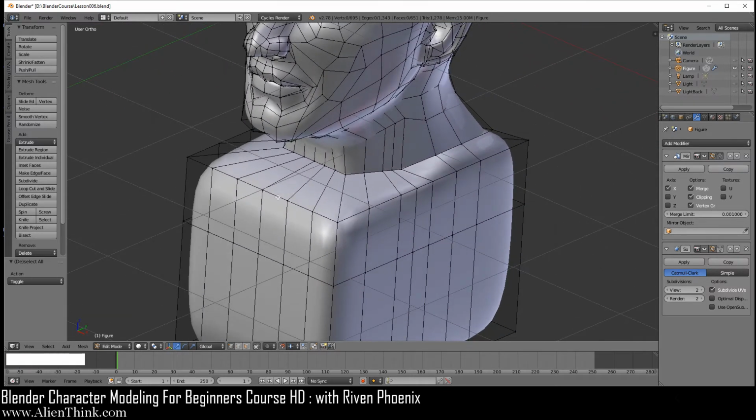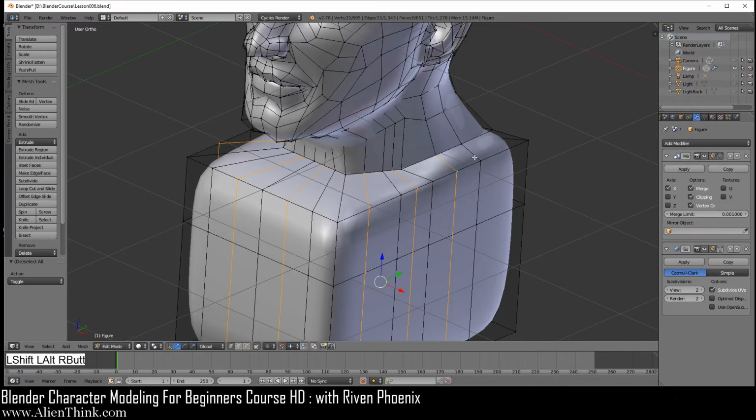So the first thing that we need to do is, you can see that this is the middle vertex over here. So I'm going to press the Alt key down and just right click this one. You'll see that it selects this one. I'm going to skip two. I'm going to press the Shift key down, then press the Alt key down and right click to select this one. Skip one more and select this one. Skip one and select this one. We're going to remove these edge loops. So we're going to do X, and dissolve edges. See that it gets rid of it.